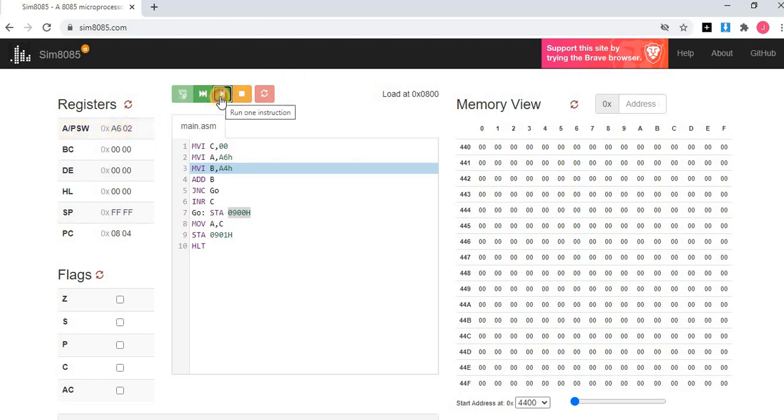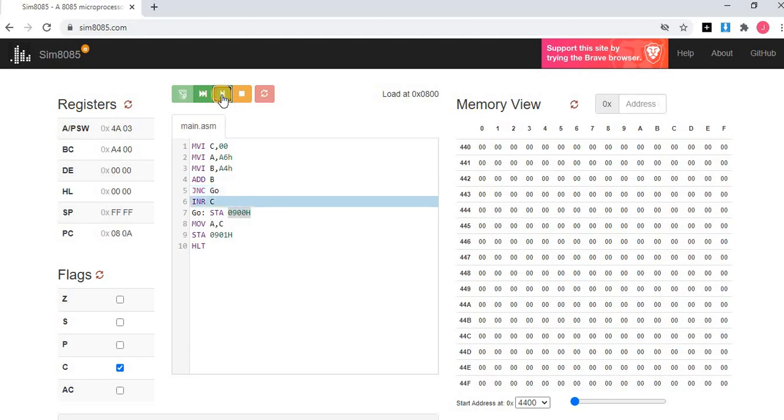So similarly, check each and every instruction. Now the B register is loaded with A4. After hitting this button, the arithmetic operation is performed between the contents of A and B, and the result is stored in the A register. From this operation, it is going to generate a carry. Here we wrote the code jump if no carry. If there is no carry, the result is directly stored in the particular memory. If there is a carry, I'm going to increment the C register. So that is going to happen next.